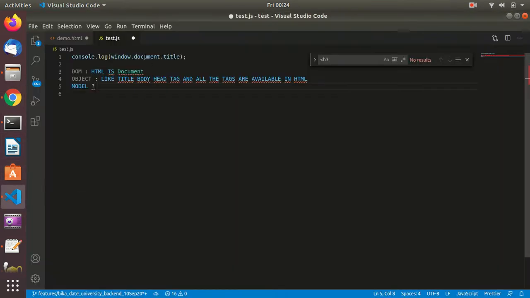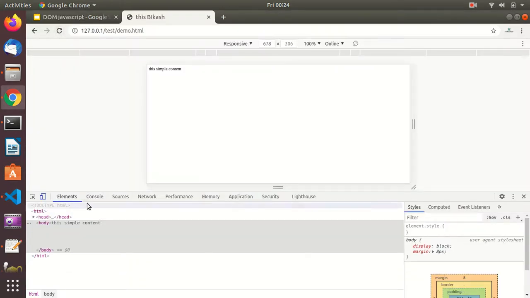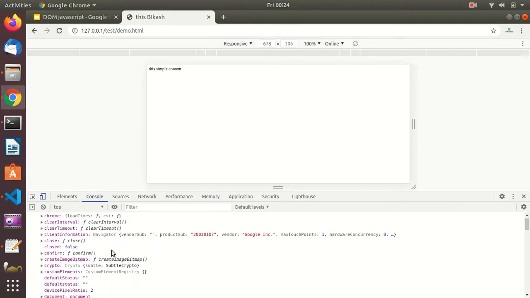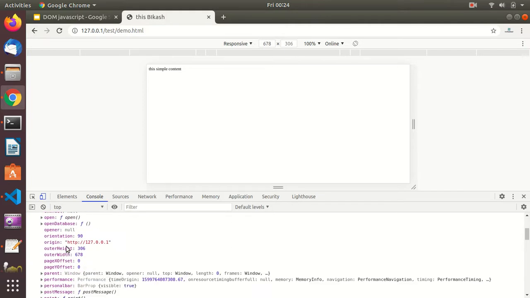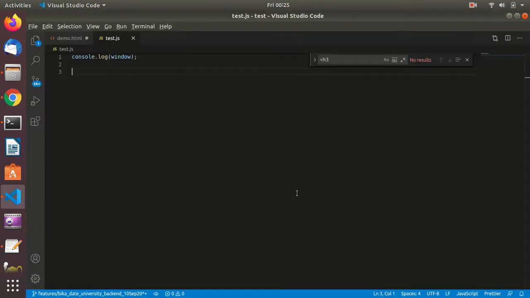We print the document, the window object. Again you can see the script part as well. So you can go through them one by one, in ascending order of the properties. Yes, this is the screen object which I want to talk about.